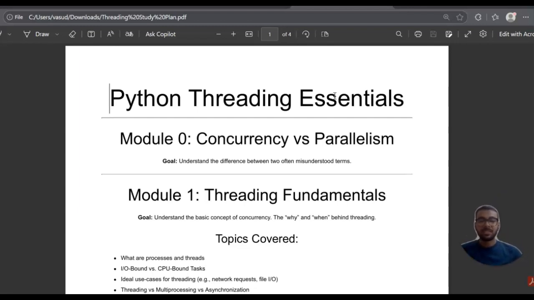Before starting with threading, which is a way of implementing concurrency in Python, I'll get to that later. There's something I want to get out of the way. There's a lot of confusion usually among students regarding the difference between concurrency and parallelism. We use them interchangeably and we think it is the same thing, but there's a difference between concurrency and parallelism,